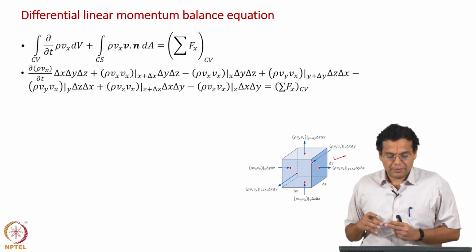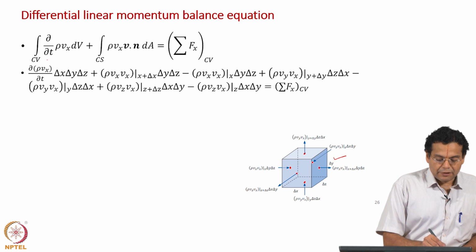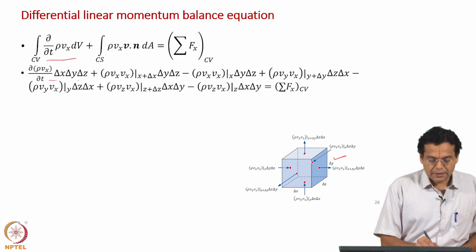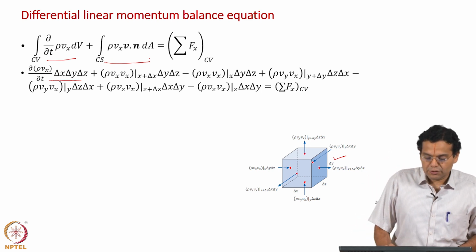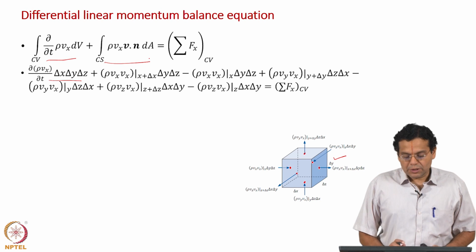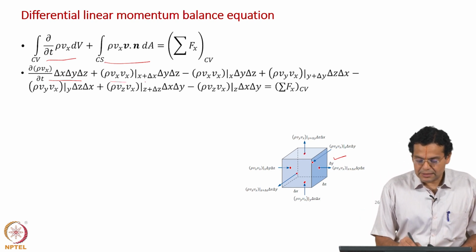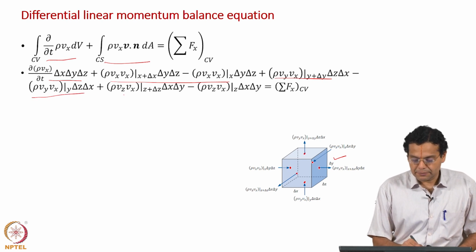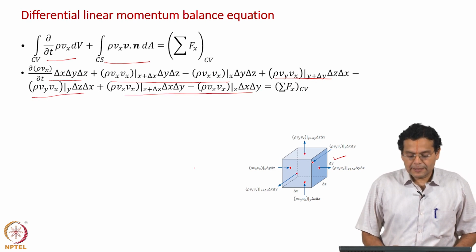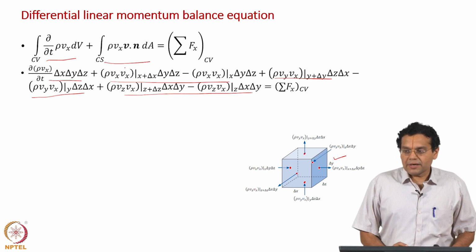inside the domain. Then we expressed the rate of change of momentum term, and the second integral represents the net rate of flow of momentum through the control surface out of the control volume, and we have written this for the x momentum. These 6 terms represent the net rate of momentum, the convective momentum terms. Okay. And we also discussed that the different terms arise from the mass flow in the different directions.